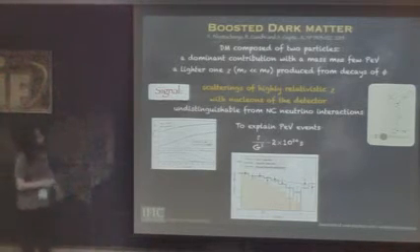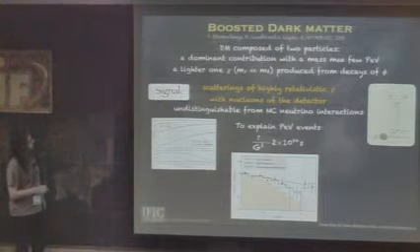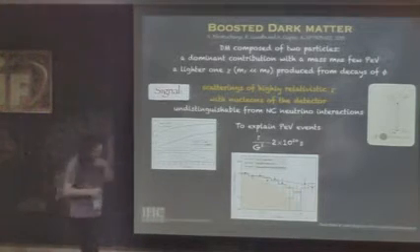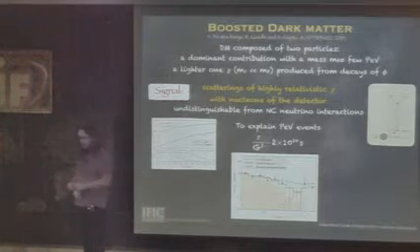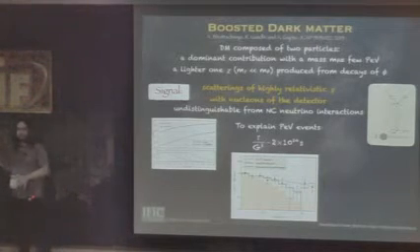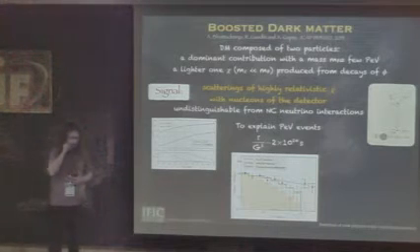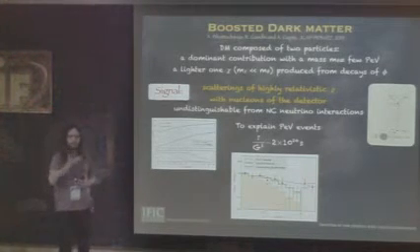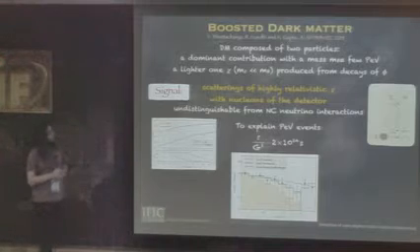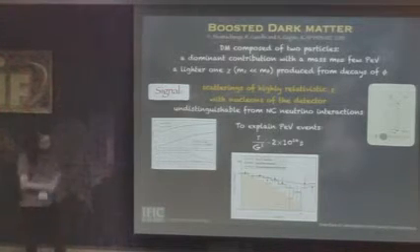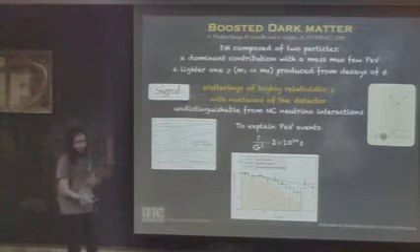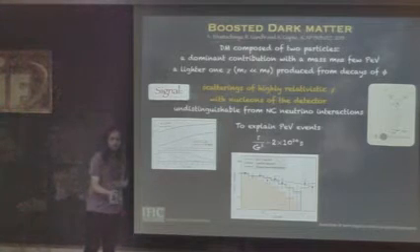So this is what is called boosted dark matter. In this case, dark matter is composed of two particles. One is much heavier than the other, and one is not completely stable. The heaviest state is not completely stable and actually can decay into the lighter state. It turns out that when the heavy state decays into the lighter state, it is very boosted just because of the